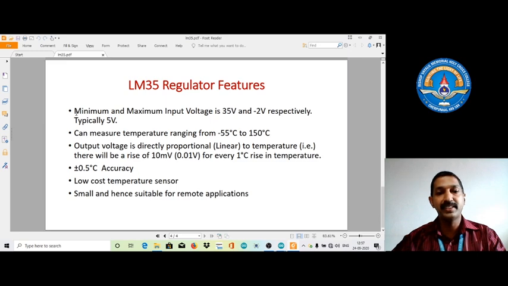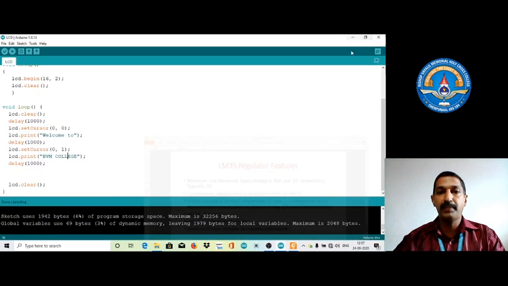The output voltage is directly proportional to the temperature, with a rise of 10 millivolt for every 1 degree Celsius rise. The accuracy is plus or minus 0.5 degrees Celsius. It is a low cost temperature sensor, small, and hence suitable for remote applications.